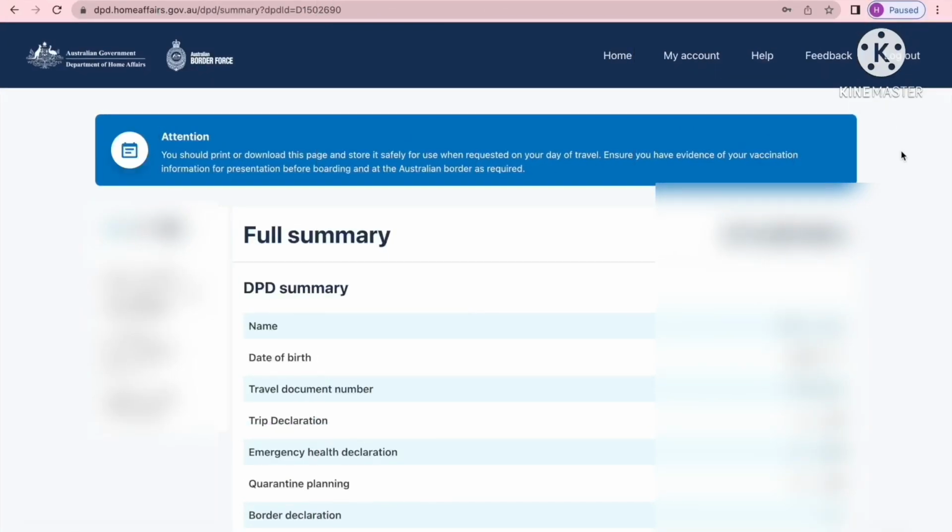So in this section here, you will have a full summary or your DPD summary. So it will have all your details there. And then pay attention to this note here. So you should print or download this page and store it safely for use when requested on your day of travel, and ensure you have evidence of your vaccination information for presentation before boarding and at the Australian border as